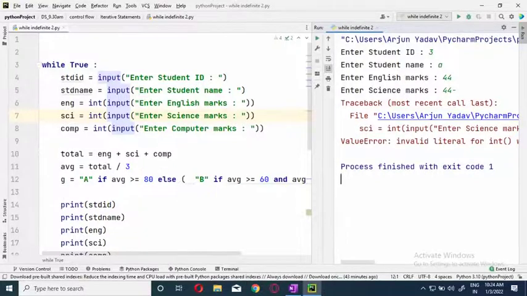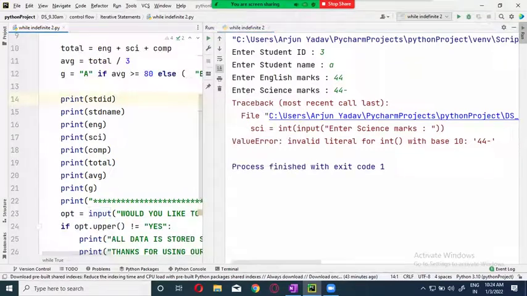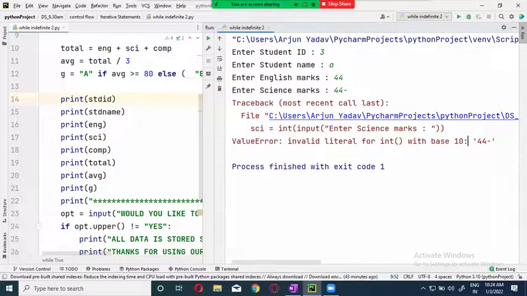So what will happen is this will terminate the entire program. You see, ValueError, invalid literal. Now who is saying this? Who is saying that you entered it wrong? This is what is called default exception handling. Default exception handling. So actually